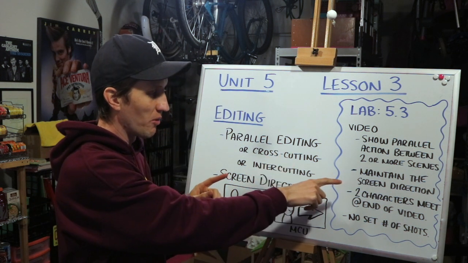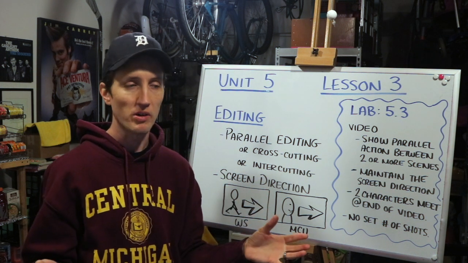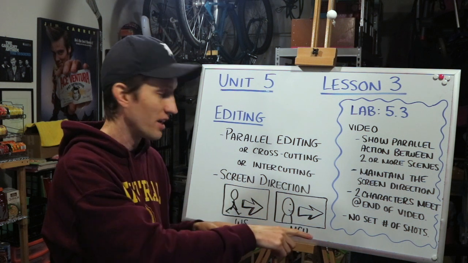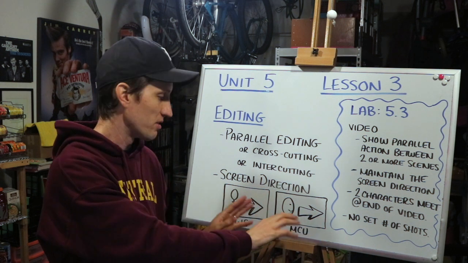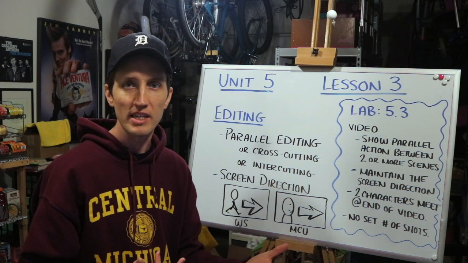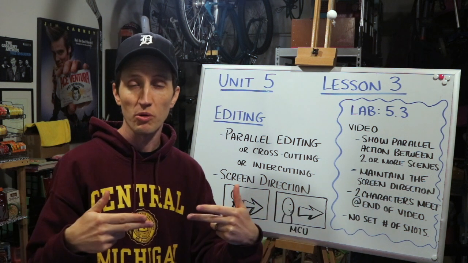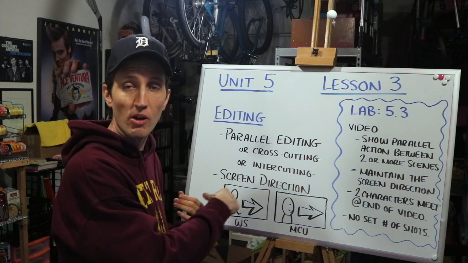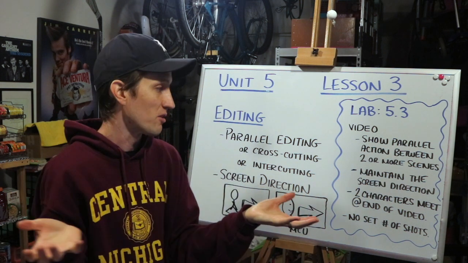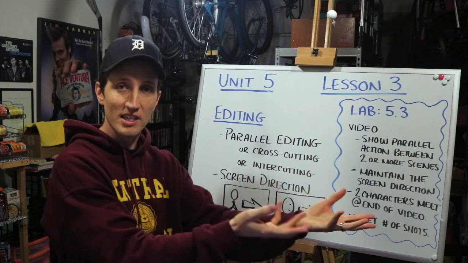Then, I want to see at least one example where you maintain screen direction, okay? Characters walking in a wide shot from left to right in one shot, then we cut in to some sort of medium shot or medium close-up, whatever, and they're still walking in that same direction. Makes sense, all right? 2 characters walking towards each other, maybe have character A going left to right, character B moving right to left, because again, these 2 characters are going to come together. Whatever. That's another example of maintaining screen direction. Unless they're chasing each other, and then